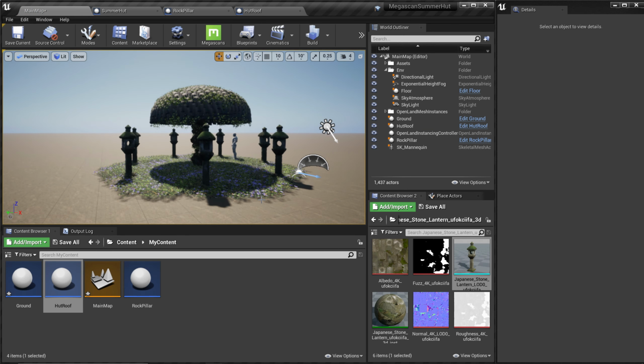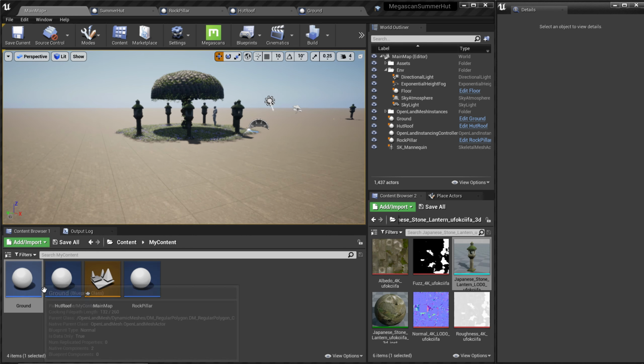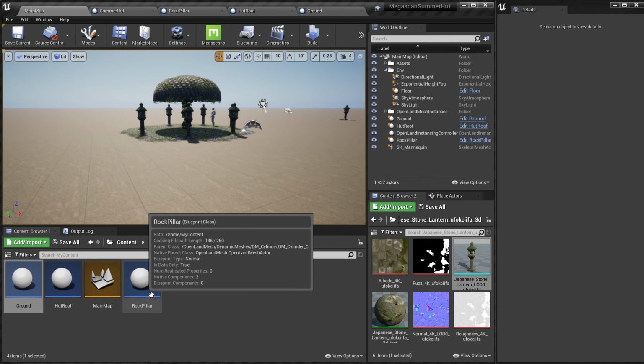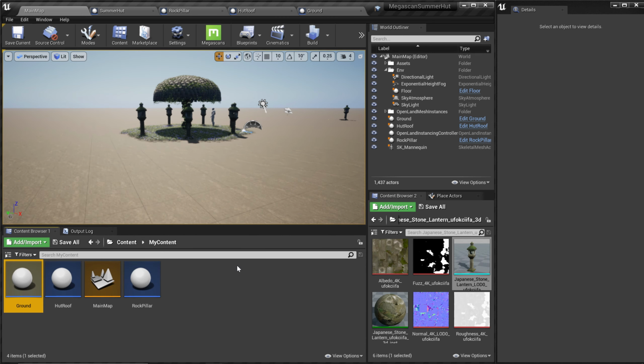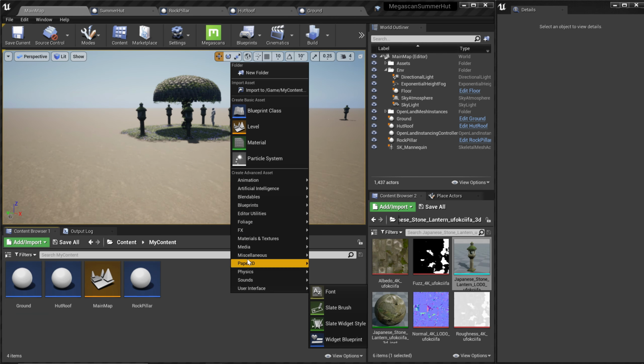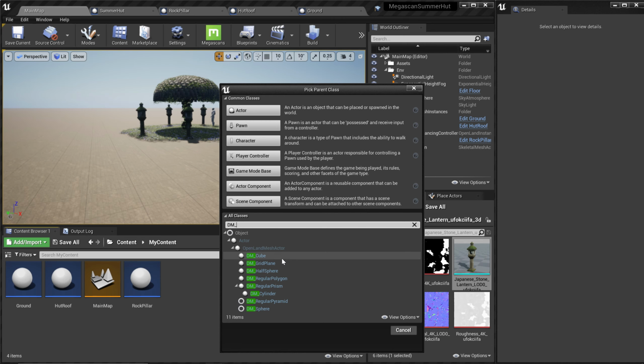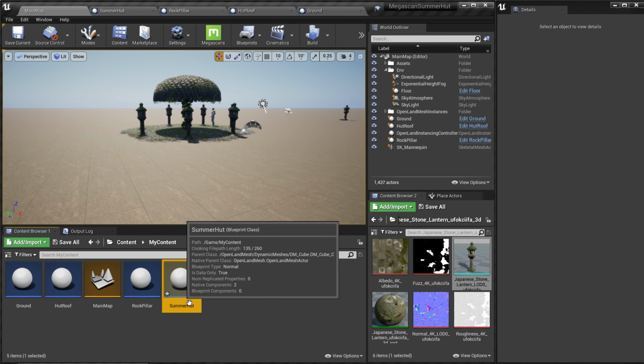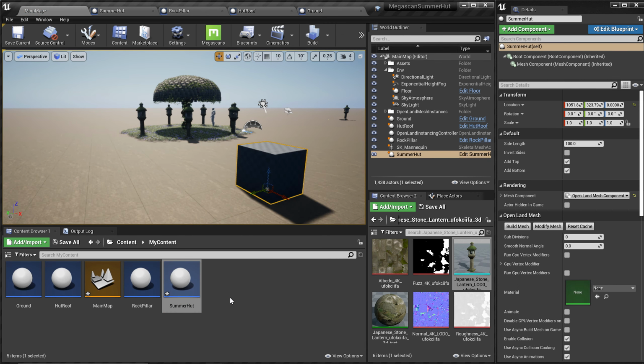Right, then I'm going to do the same thing for the ground. Right, then let's verify. Okay, right now we have these 3 parts as separate entities, but it would be really nice if we could merge these 3 things together. We can easily do that. To do that, I'm going to create a new dynamic mesh. Let's search for cube, and you can select any one here, but I like a cube. And then let's give it a name like summer hut. I'm going to drag that into the scene. Okay, then I'm going to move all these 3 other actors into this summer hut,